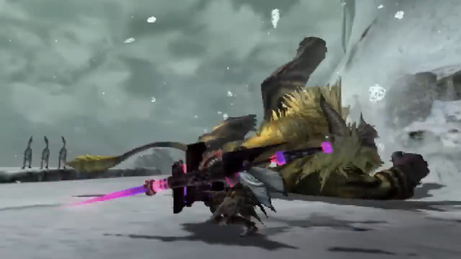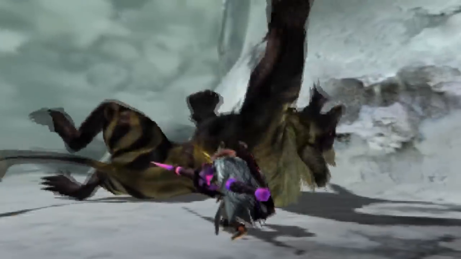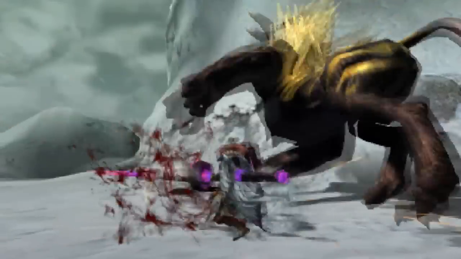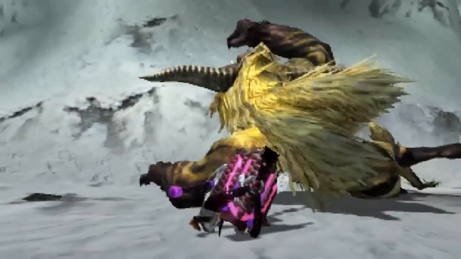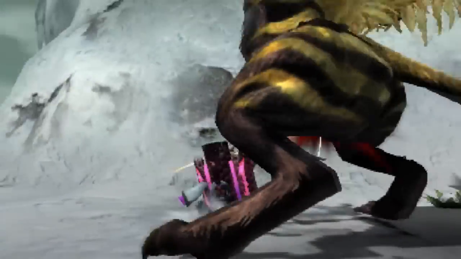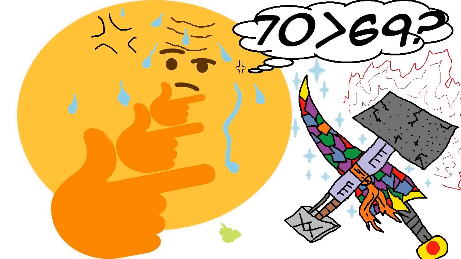Now you may ask, why is that? Well, the charge finisher has a whopping motion value of 70, 67 in Double Cross, which can be rapidly spammed multiple times in a row, as long as you feel like it or as long as the monster decides to actually fight back. If 70 motion value doesn't ring a bell to you, let me lay it out for you